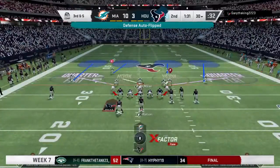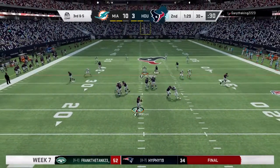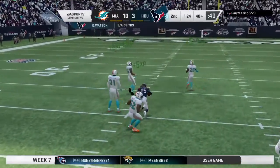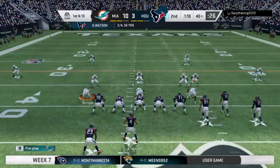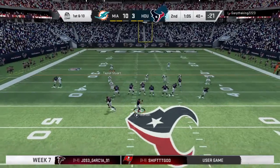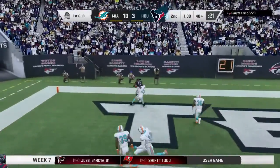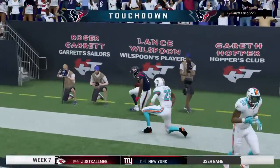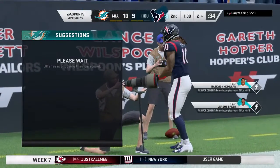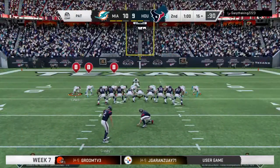Set. Out of the gun, Watson. He finds his target, Fuller. And even 30 yards on a play that began back at the 30. So the big play moves him all the way across midfield to the 40 now for 1st and 10. He's going to look deep end zone for Hopkins. That is caught. Hopkins for the Texans touchdown. DeAndre Hopkins, his 2nd touchdown on the season,